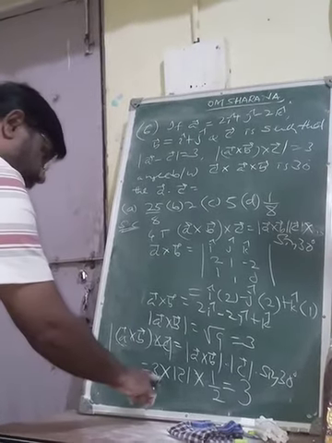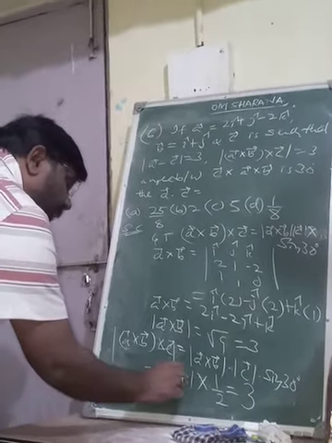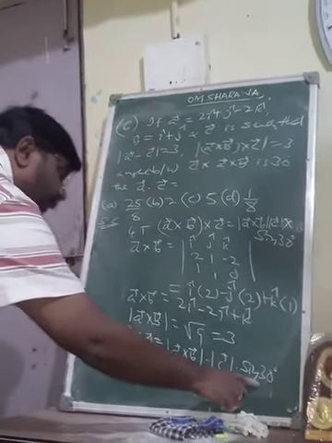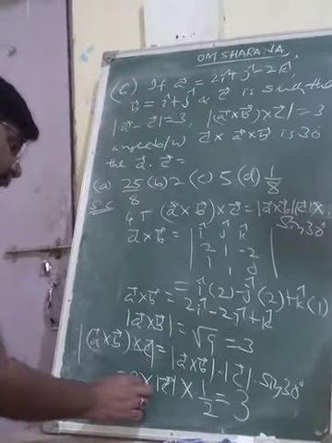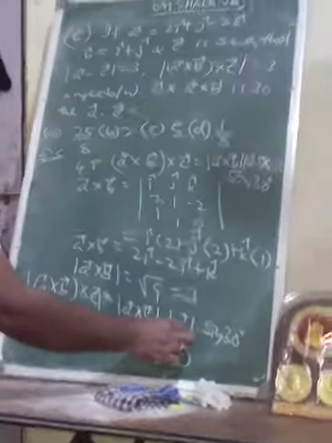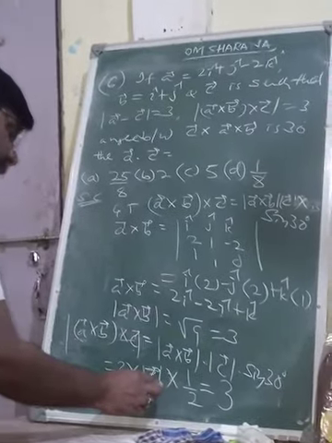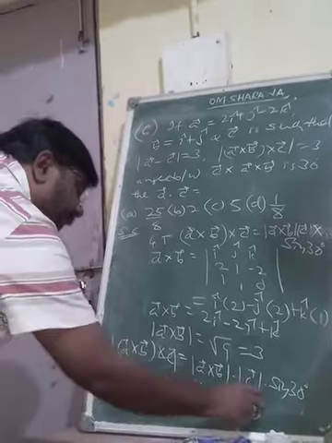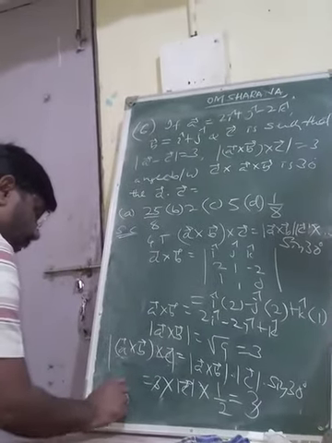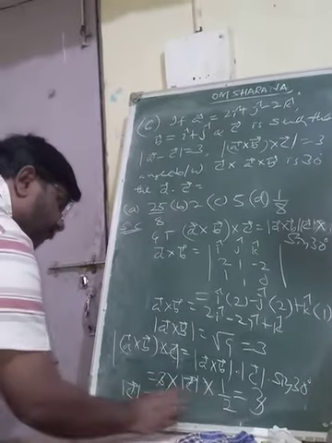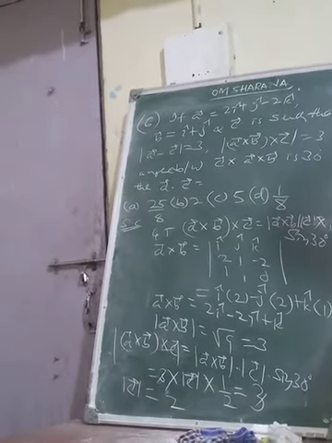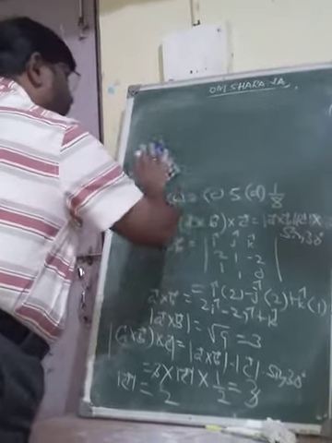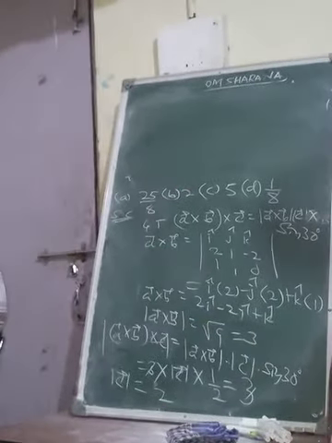So 3 times the magnitude of vector C times 1 by 2, the sine 30 value. The magnitude of A cross B is 3. These 3 cancel, and the magnitude of vector C equals 2. Let me rub this out. Now our aim is to find the value of A dot C.